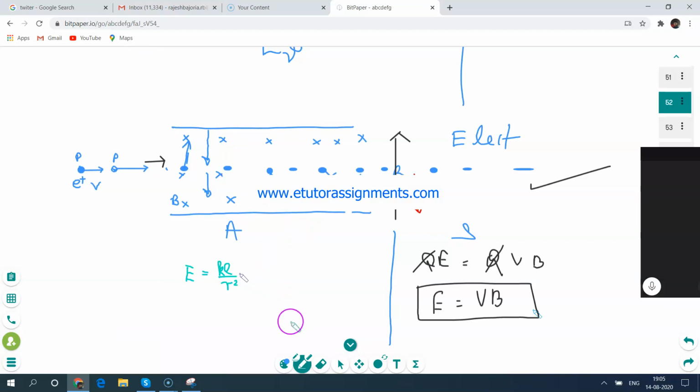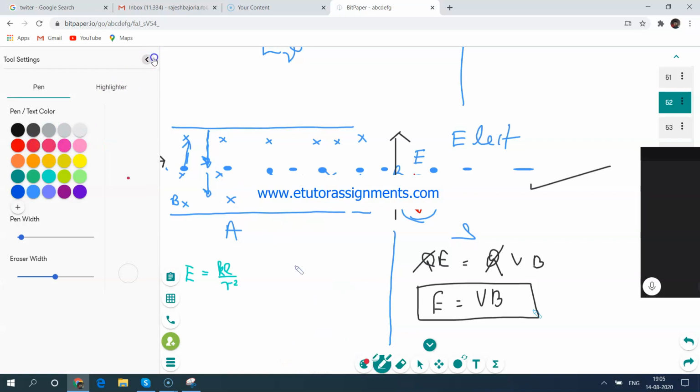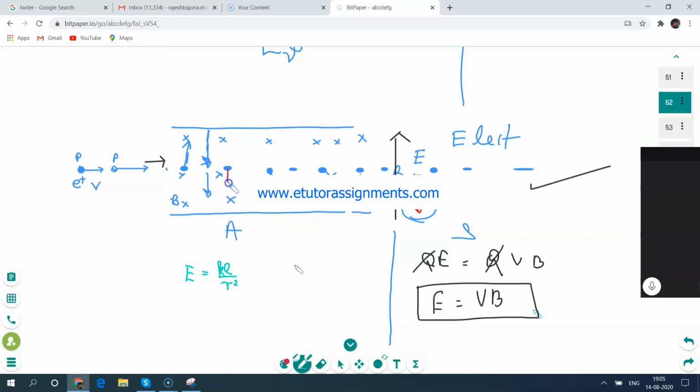No, Anastasia, you are writing wrongly. See, the electric force we are applying here is downwards, correct? My question is how much E should be there. When the proton enters the field, the force will act downwards. That force is Q times E. Due to the magnetic field, it is QVB upward. So this is correct. Okay, yes, I got it now. No problem. Good.